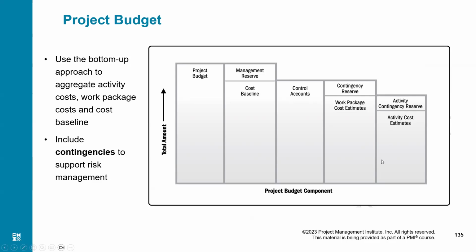We add up all the activities along with their contingency reserves. And I'm not talking about the whole budget. I'm just talking about our work package. Like construction of a wall in the whole building is my work package, and there are many activities involved in that work package. So all the estimates of those activities plus their contingencies will add up to the work package cost estimate. Are you okay with it?